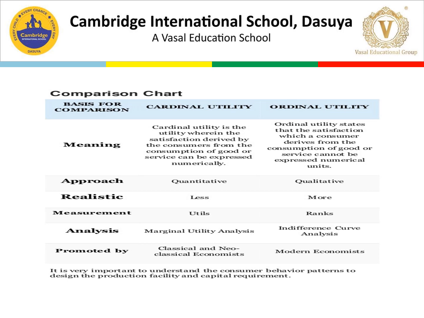Next is measurement. In the cardinal utility approach, we were measuring in utils, and when we talk about the ordinal utility approach, we just talk about ranks. Next is analysis. When we talk about cardinal utility, we have marginal utility analysis, because we can add some units and find out whether the value in utils has increased or decreased. We have discussed marginal utility of a single commodity, then two commodities, and marginal utility of money also. So it is based on marginal utility analysis, as we have discussed earlier.